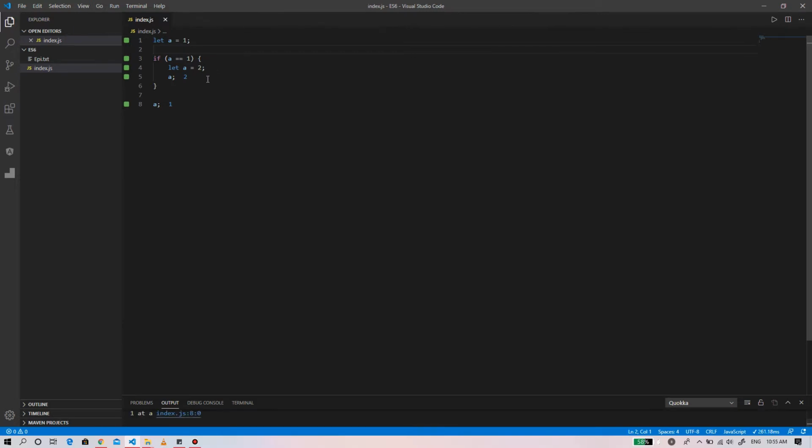In this code, first we declare a variable a and assign it a value of 1. Second, we declare a variable a again with an initial value of 2 inside an if block. The output of the value of a inside the if block is 2, whereas the value of a outside of the if block is 1.